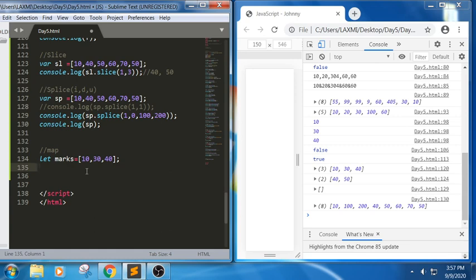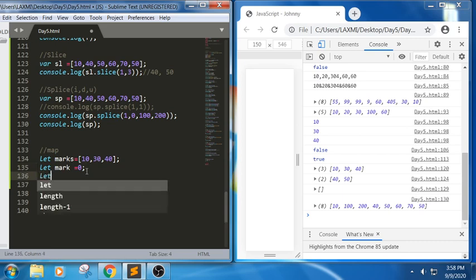I just want to add 10 marks for index 0, first index and second index. So let me write mark equals 0.